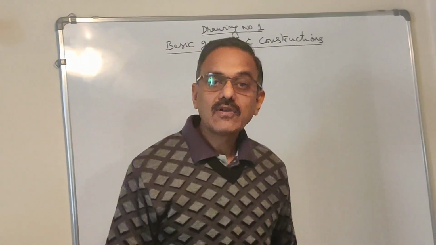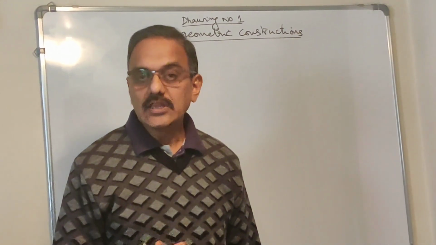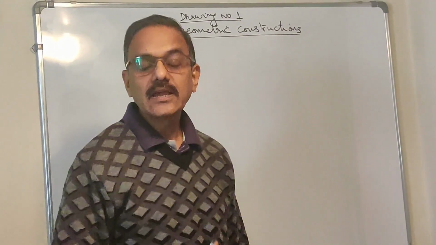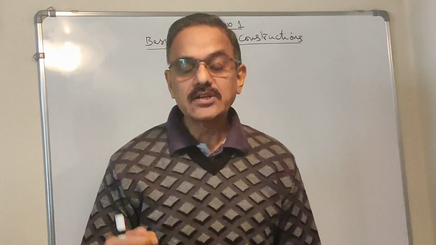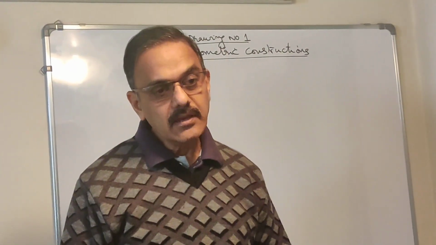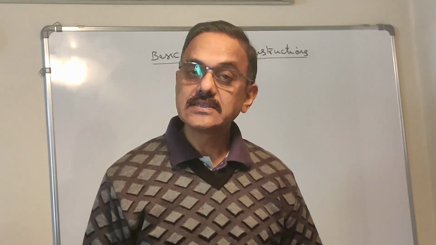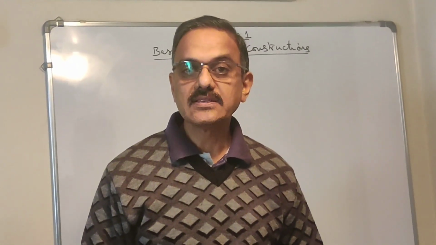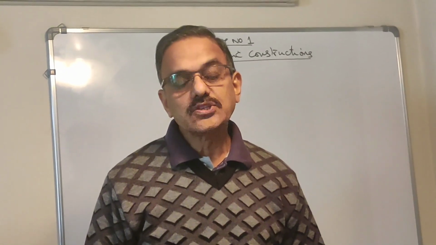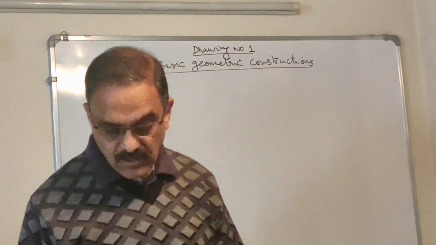If you have a line of length 70 mm and you want to divide it into 7 equal parts, you can easily do it using your scale itself. Just align your scale with the line and mark the division points using the scale. That is done. But here the exercise is to divide a 70 mm line into 6 equal parts. You can't do it using a scale. So what is to be done? We do some geometry construction to complete the exercise. This is how it is done.